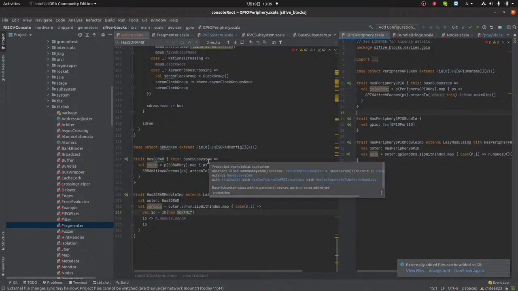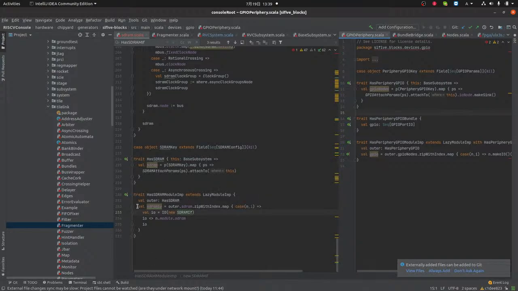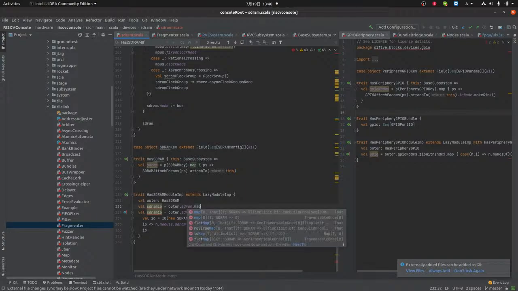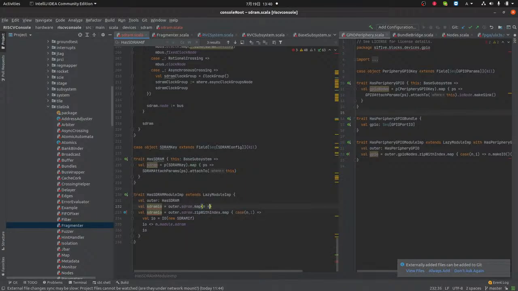Okay. You know what I'm going to do is just I'm going to do this only like map, and in this case